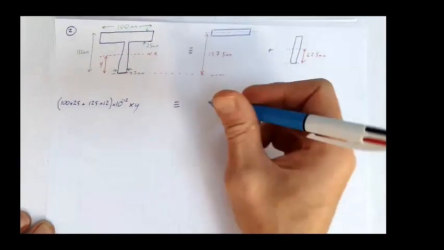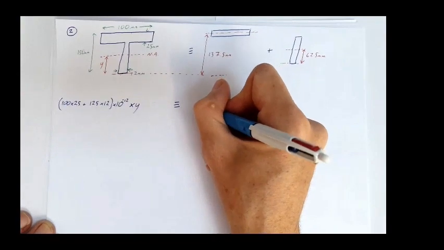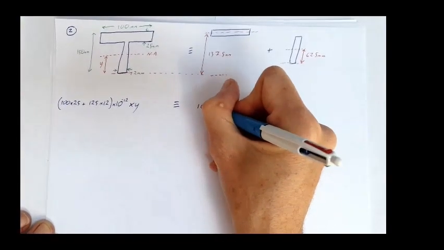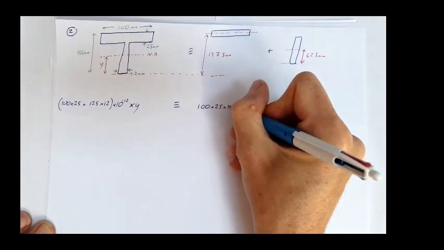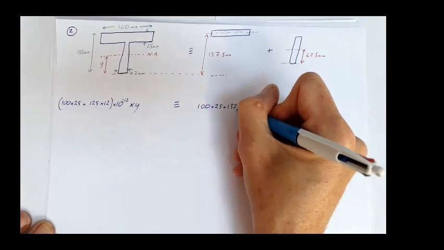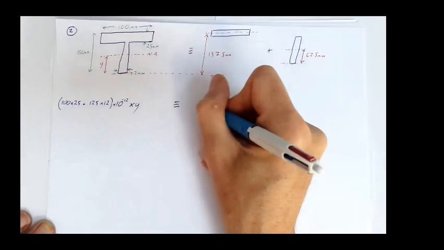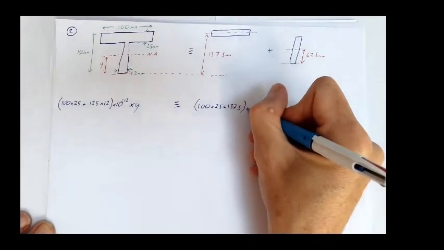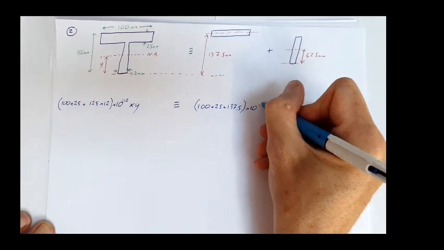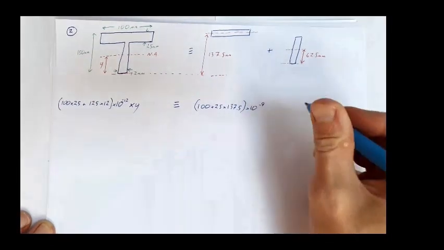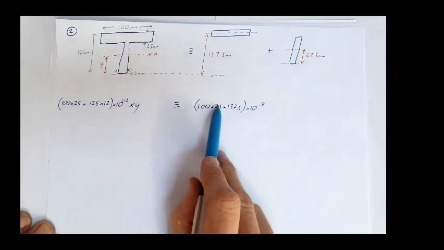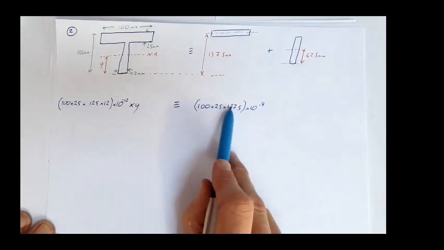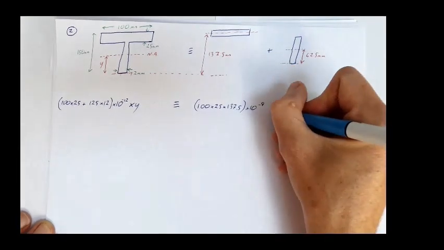So this area is going to be 100 times 25 times 137.5, times 10 to the minus 9 this time to get that into meters. So that's my area, that's my distance to the neutral axis. So therefore I've got some moments of area, plus